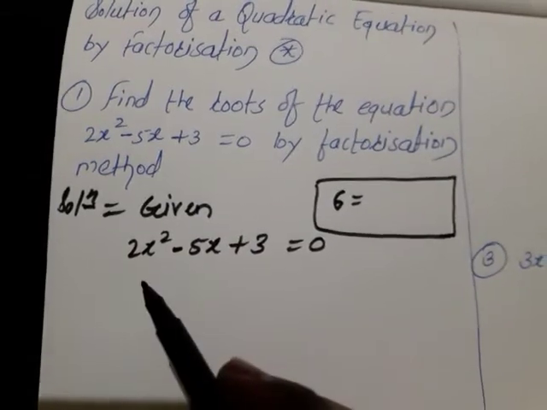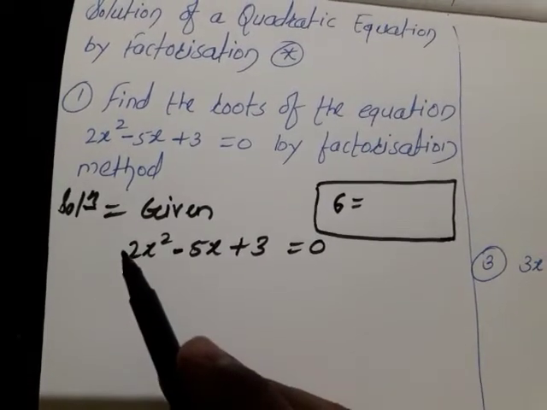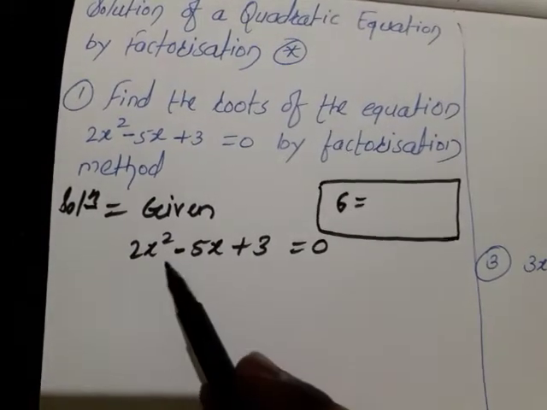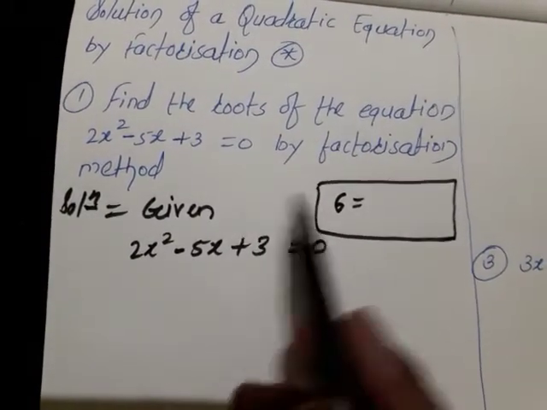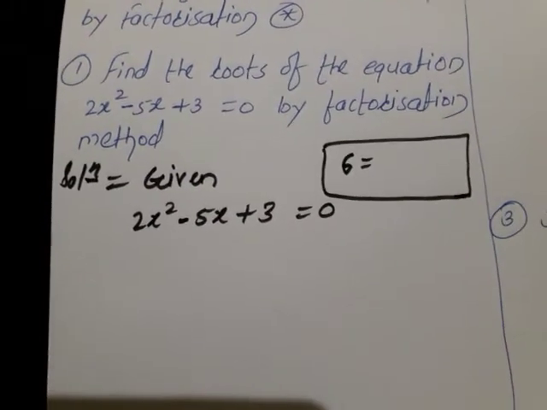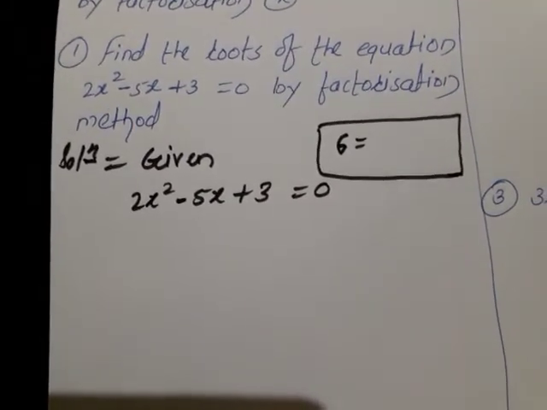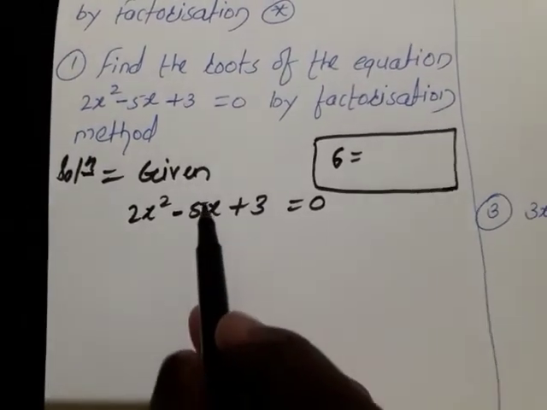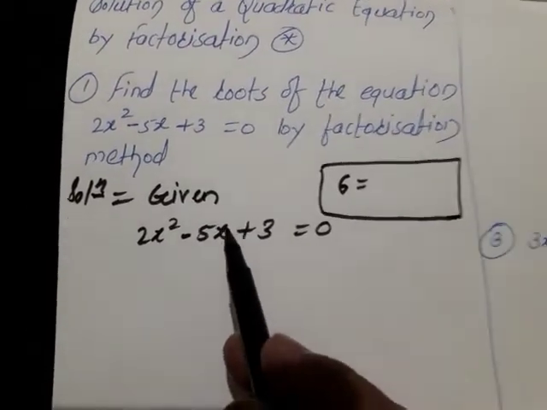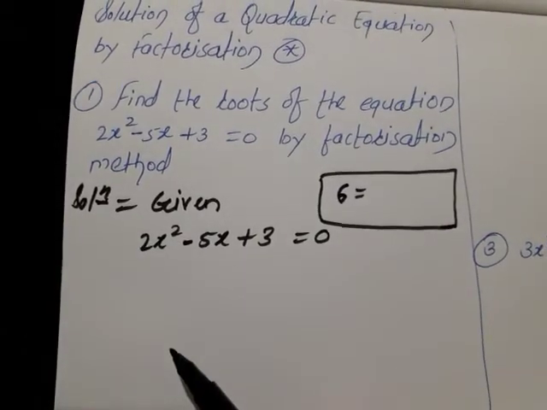While multiplying, you must remember the sign. Here the sign is plus, into plus, so we get plus. Suppose here plus and here minus is there, then we will get minus. You must remember that. Next point, look here. Next we have to focus on the middle term or the middle number. What is the middle term over here? Minus 5x is the middle term.